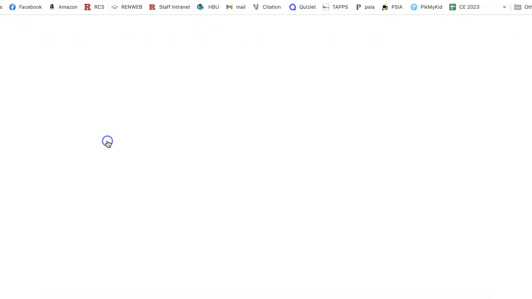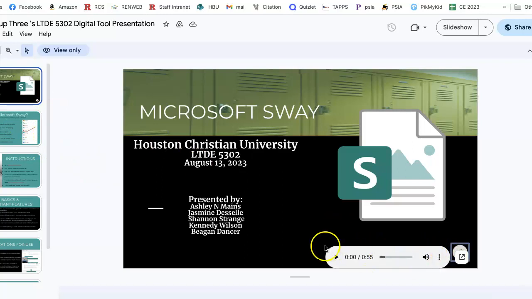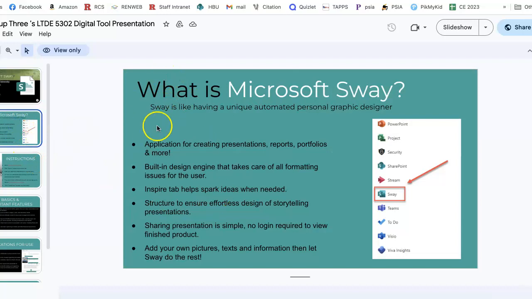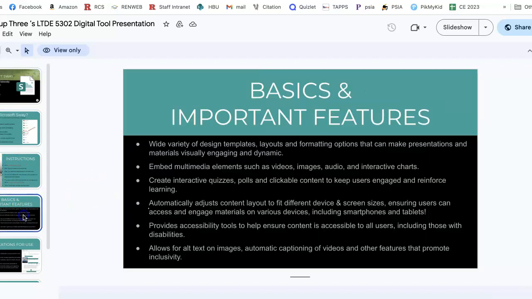And then finally, the digital collaborative tool that I did with my group, Ashley, Jasmine, Kennedy, and Began. What wonderful ladies I was in a group with. We split up the material. We used amazing graphics. We used music here that we listened to while we were doing the slides. It was really, really fun, upbeat, all kinds of key information, how-tos, how to set it up, how to use it, where to click, how to get it through your email, through different ways, using quizzes and polls and other things that you could use it for.